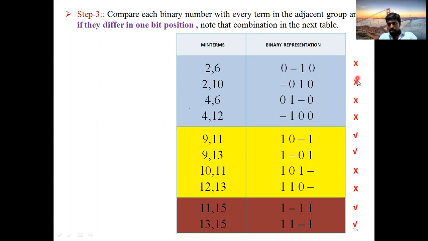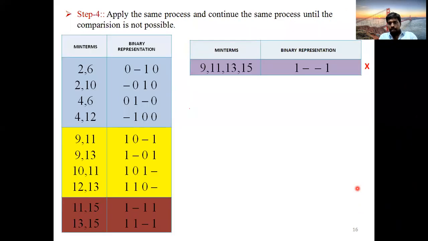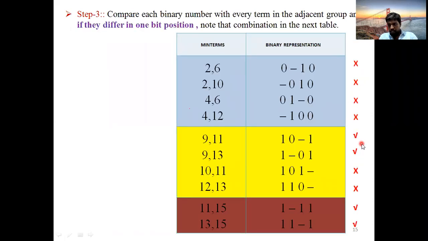See, 1, 2, 3, 4, 5, 6: 6 cross marks are there. Remember carefully, 6 cross marks are there. Now, here this one is left alone. It is also a cross mark. Why? Because it is not compared with anyone, being left alone. So here is 1 cross mark, and previously 6 cross marks. Totally 7 cross marks. I already said that whatever terms you are keeping as cross marks, all those are your prime implicants.